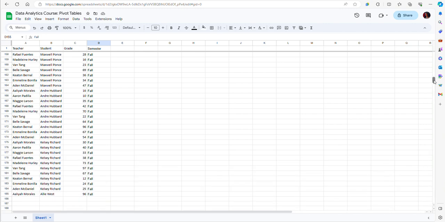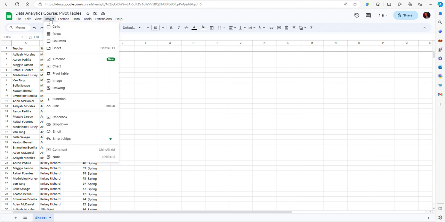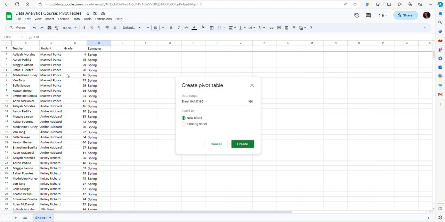So let's say that I want to aggregate this data and summarize it. So I can use a pivot table to do that. I will go to the insert menu and then click pivot table, and Google Sheets already recognizes that there's data in the columns A through D, so it selects the data that